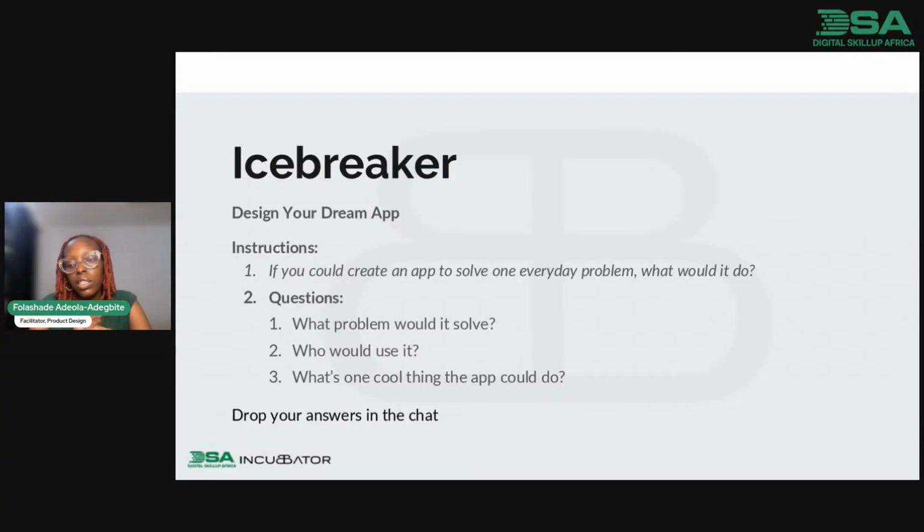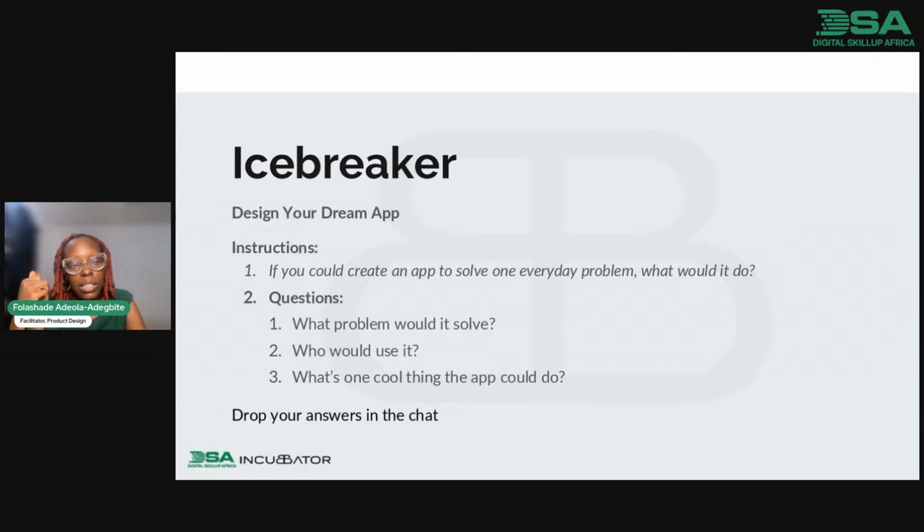So Joseph says that he wishes to create an app that can contact the nearest ambulance within seconds in case of an emergency. I think there are apps like that, maybe not particularly for that, but there should be something around that. Maybe a health tech company. I feel like there are numbers already, but it's a good idea where you can quickly call the numbers.